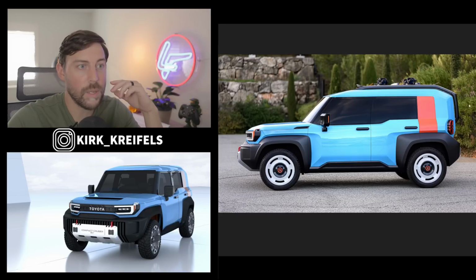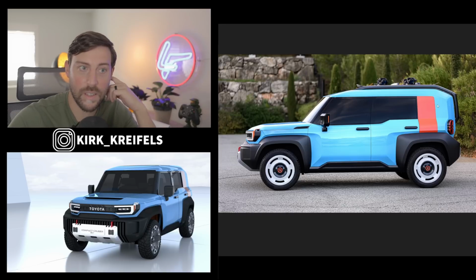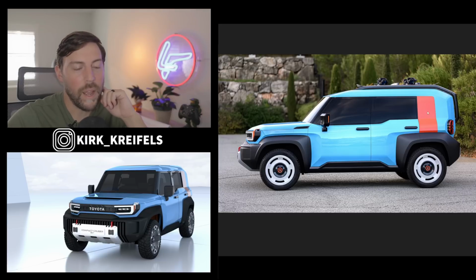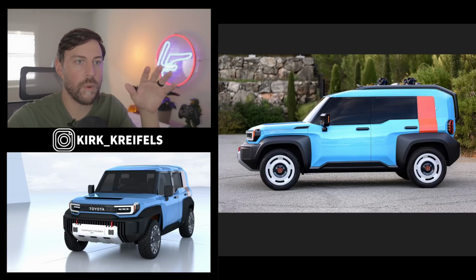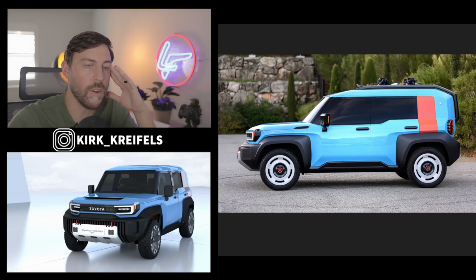And you know you're gonna have some big blind spots back here with this like D pillar. It's hard to tell what kind of pillar would be back here. A, B, C, I guess C, and then a D pillar. Now there's no window back here, so yeah, I'm expecting large blind spot even from the production model. Now it's possible they could put a window back here on the production model, which would be kind of cool,